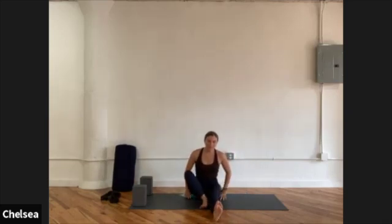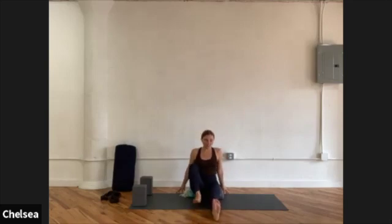We're going to bring the legs out long in front of you. Then from here, bring your hands by your side. We're going to bend through this right knee, and then stack it on top of the left thigh. Stacking it on top of the left thigh, not the knee, just above it. Then from here, lean back slightly and bend through the left knee so that you can plant the foot on